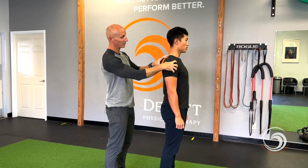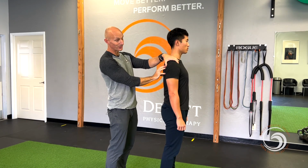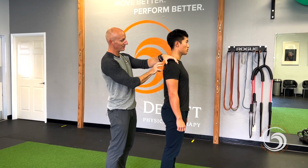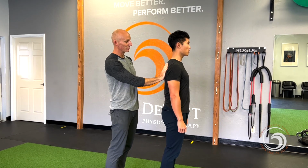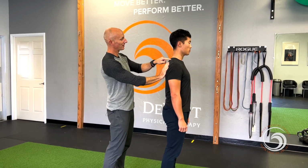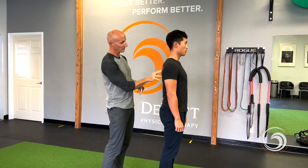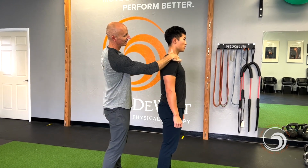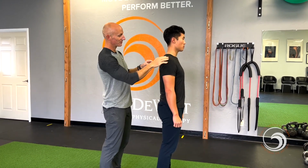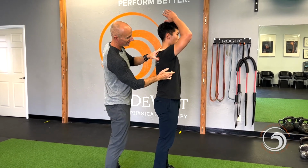Rotator cuff and deltoid control this, but everything else that is important about that shoulder girdle and really allows this to do its job comes from here. So that shoulder blade and all the muscles that control it are super important. Now we have our levator scapula, we have our upper trap, we have our rhomboids, we have our middle, we have our lower trap, we have our pec minor in the front. There's lots of things, but most specifically, go ahead and raise that arm up for me, is underneath here,